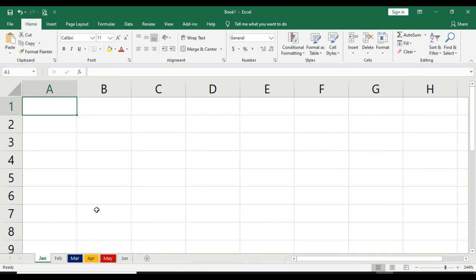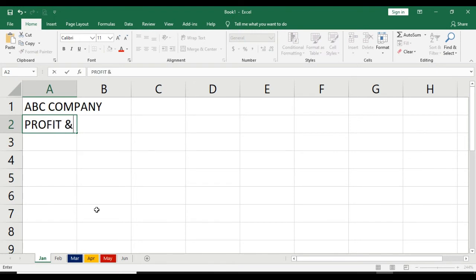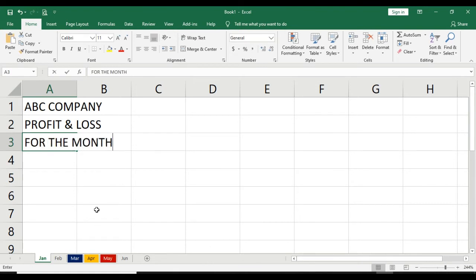After that, if you want to type something, as I said in my earlier video, you have 6 months and you want to type the data. One way is that you type ABC Company, profit and loss for the month of January 2020.